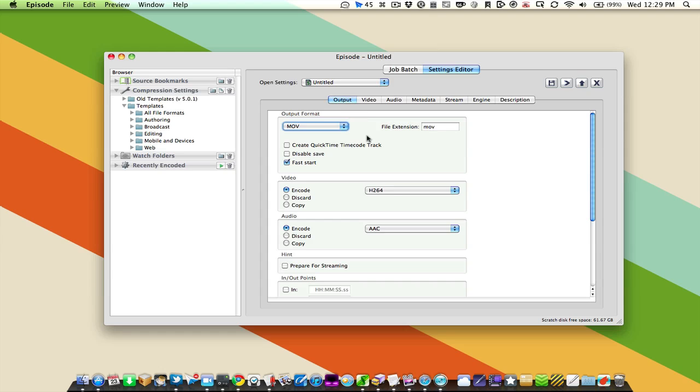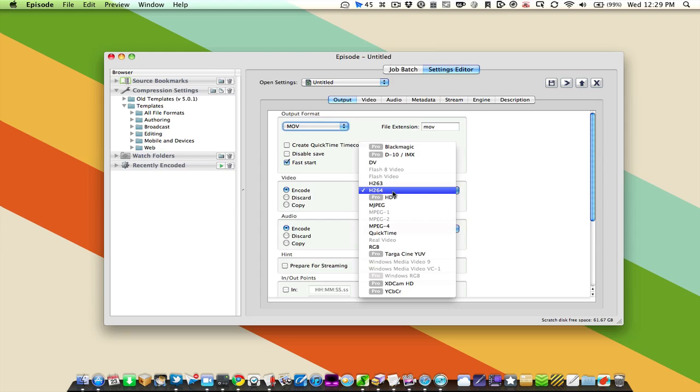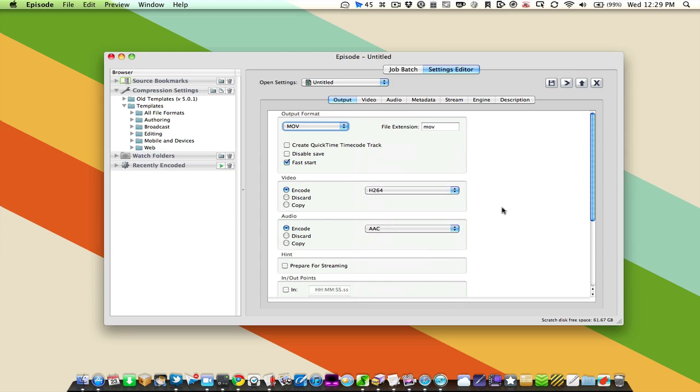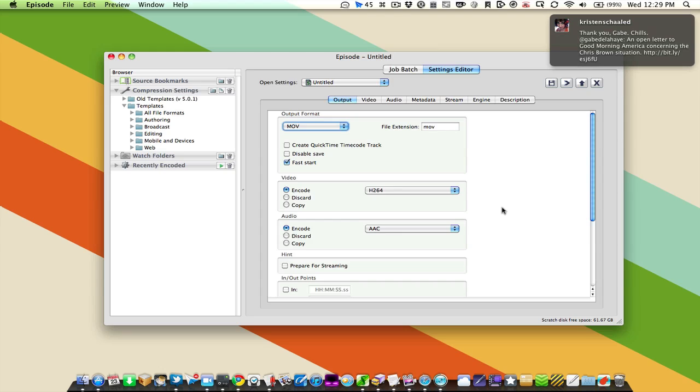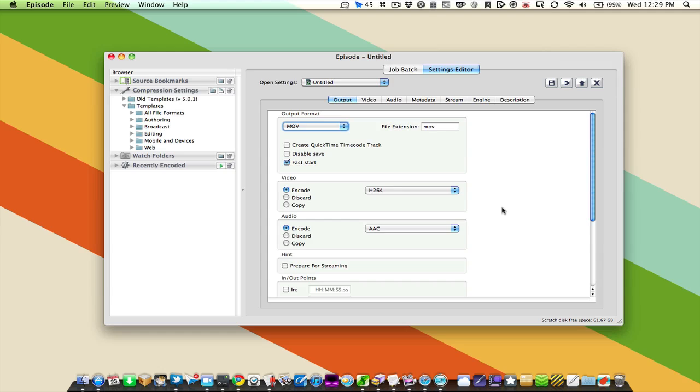We looked at H.264. This stuff kind of applies to all different kinds of codecs and all different kinds of encoders. So this is a start. There's a lot more to learn in encoding. It's a very, very detailed science. I am not an expert by any stretch of the imagination, but I've been doing it a lot, and so I have a pretty good grasp on how it works in terms of delivering these formats online and for physical